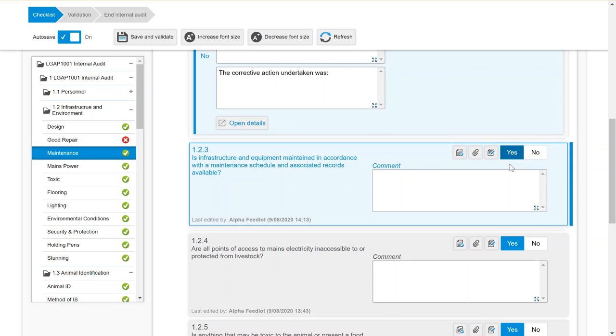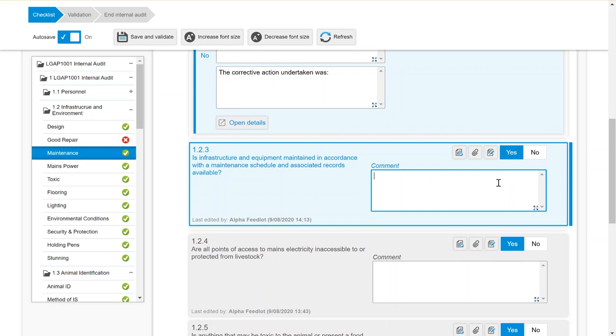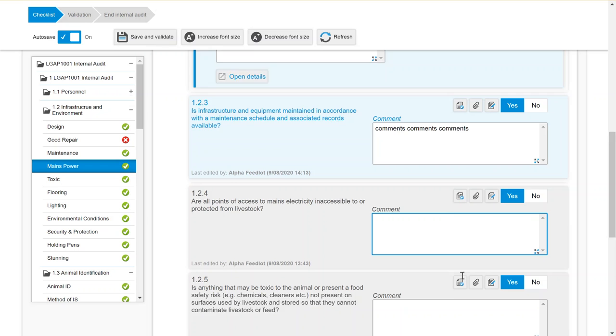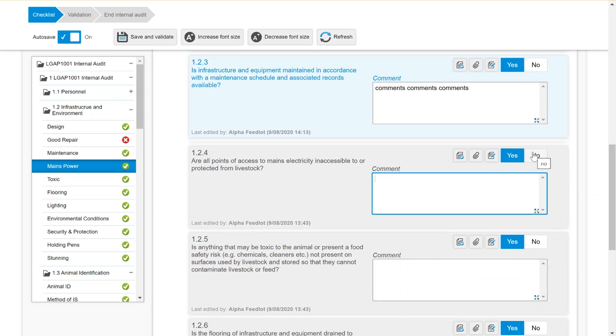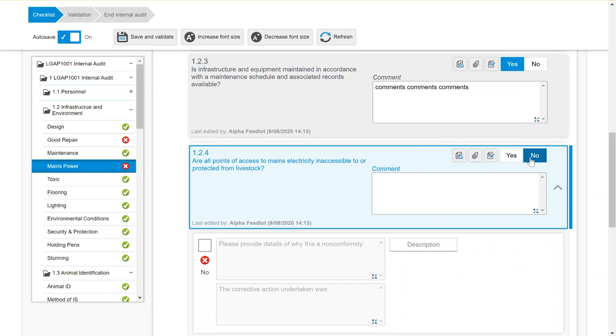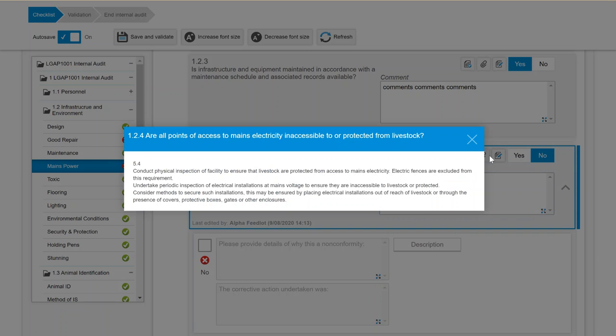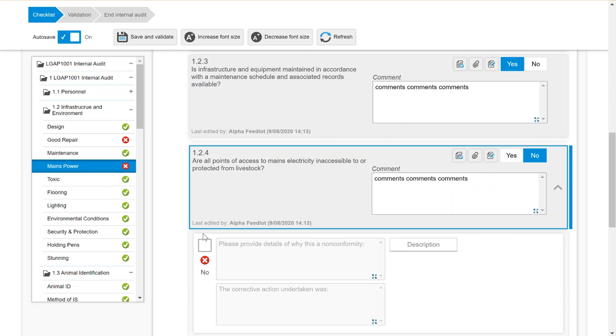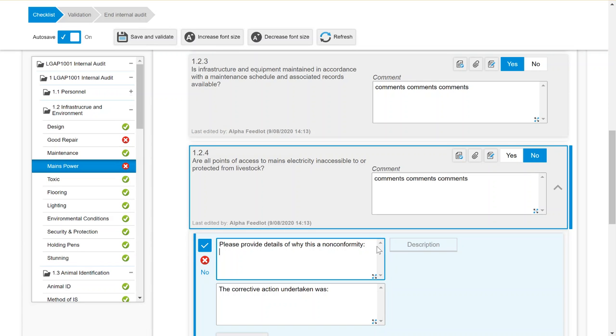So again, if we want yes, we can hit yes, and then we can type in our comments here. Again, if we want to hit no, you can change the answer to the question as well. You can add in comments, add files, check what the guidance is if you really need to. So if it is no, you can hit no, it activates the fields, then you can add in